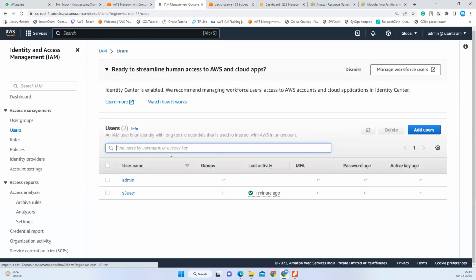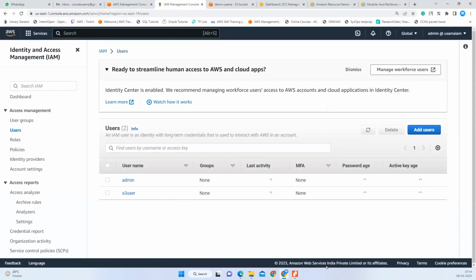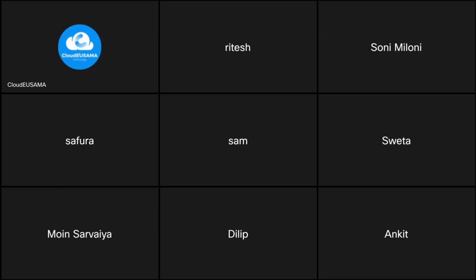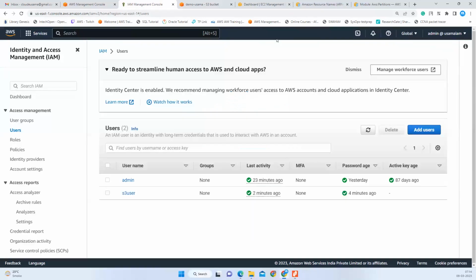So let's see some more things regarding the users. Just let me grab the things. Share again. Yes, I think it's visible now, right? So first thing